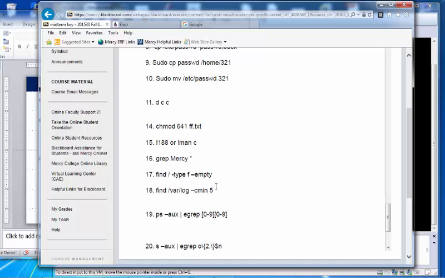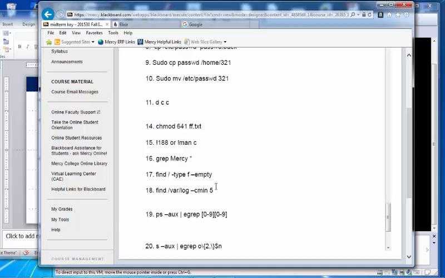And 14, this is 641. Read and write privilege to the owner. Read means, in the octal number, read means 4, right? And write means 2. So 2 plus 4 means 6. That is the owner level, so the first number is 6.